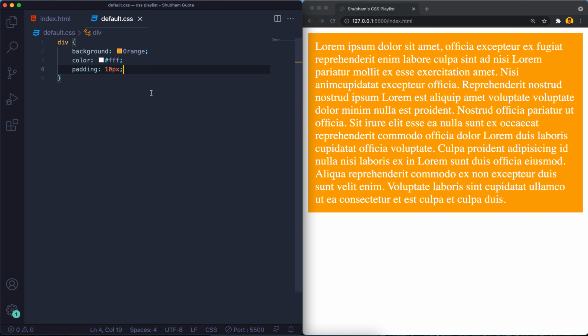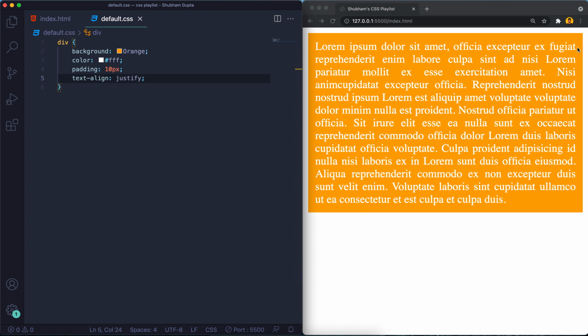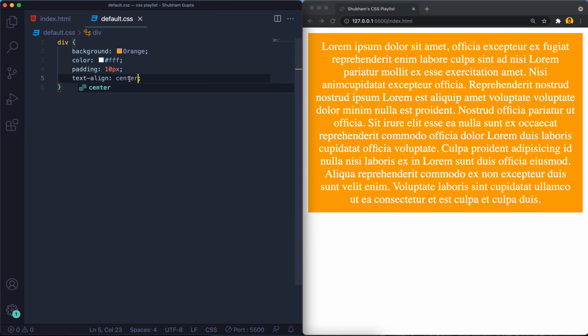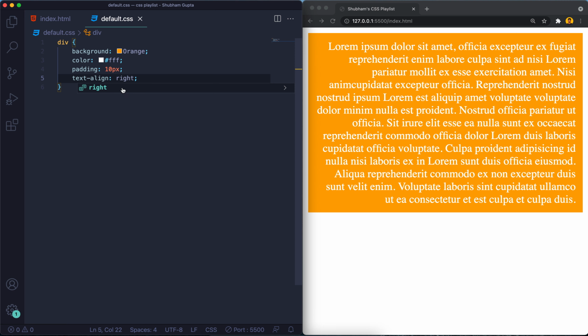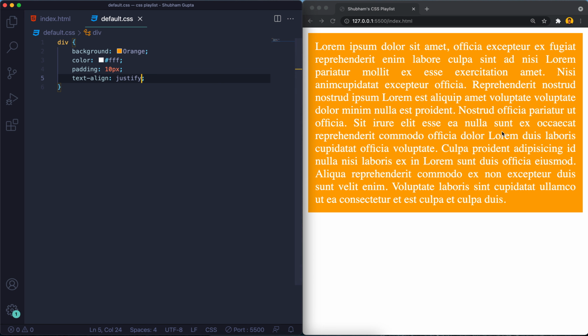not aligned. So we can use the text align justify, as we do in MS Docs. So we can have now this similar space, and if you want to align it center, we can do this, so all the data is center aligned, and similarly the right one. So you can do it like this. For now I'm just making it justify, which is my favorite one, so I've used it.